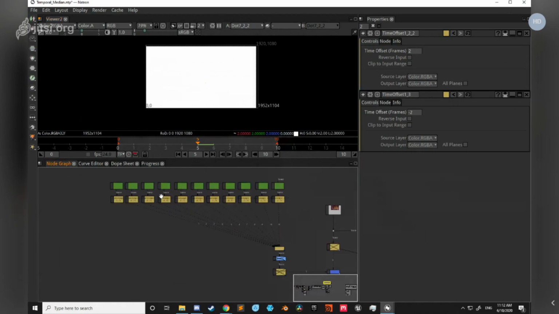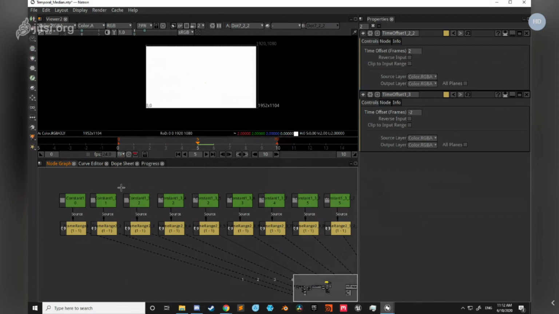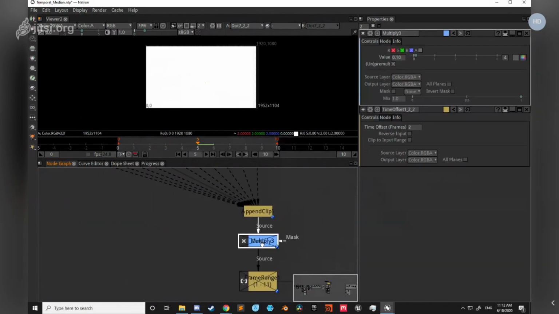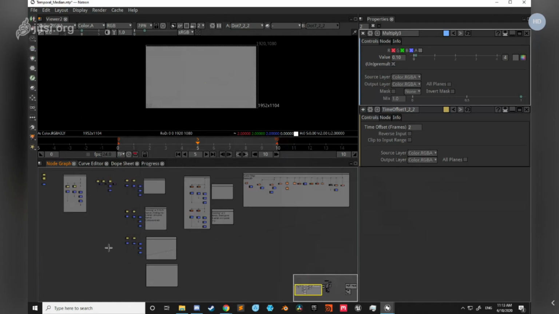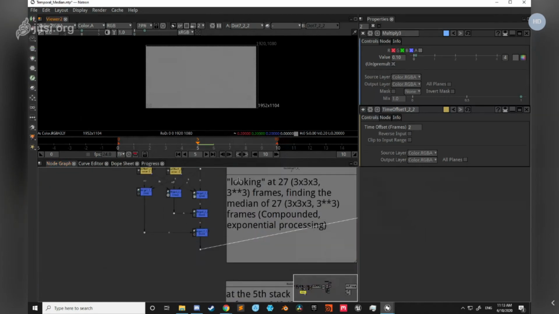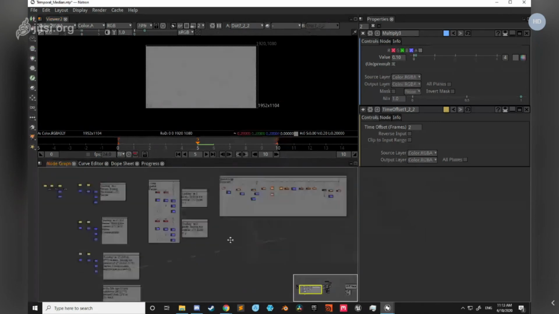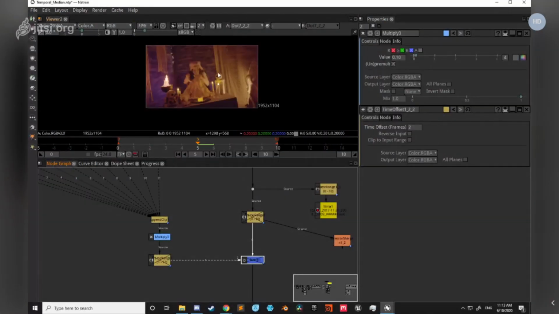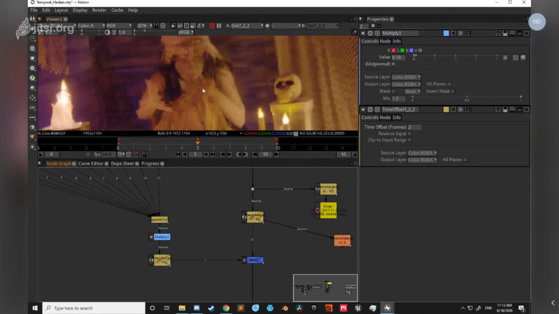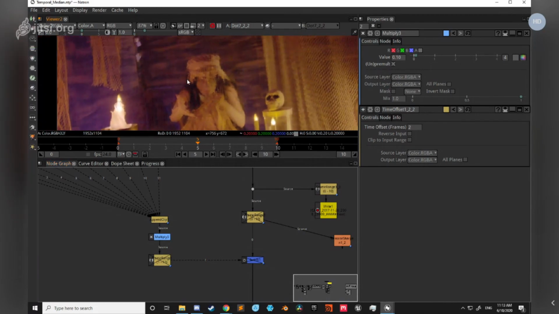But if we look at our value, we are still getting a 2 at the end of the day, which is the most common value that we were putting through. Now this is dealing with integers at the moment. So if I divide this down and push into float land, we should see that it will make a 0.2 down here be the value. It's great. It means it is actually finding the median of all of those frames. So if I switch back now to our plate, it will give us the median of all of those frames,